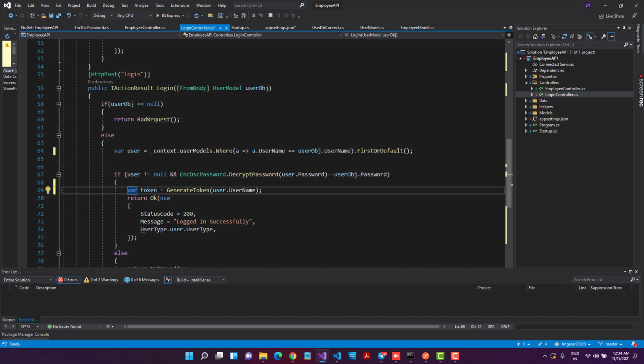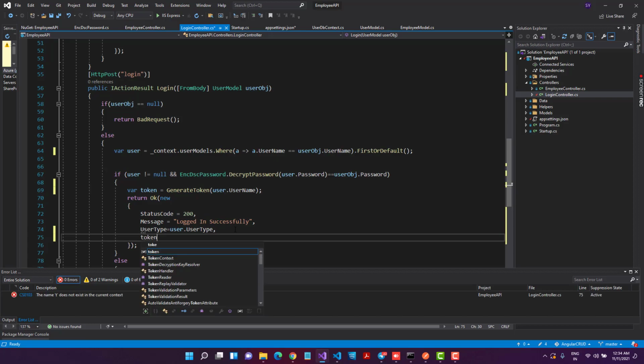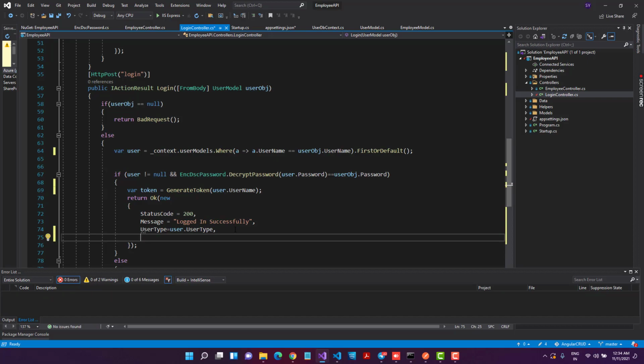Now we will pass this token inside this. After the message, or maybe after the user type, I can give it a good name as JWT token, and I can pass it inside this. So if the user exists and the password is correct, then please generate this token.